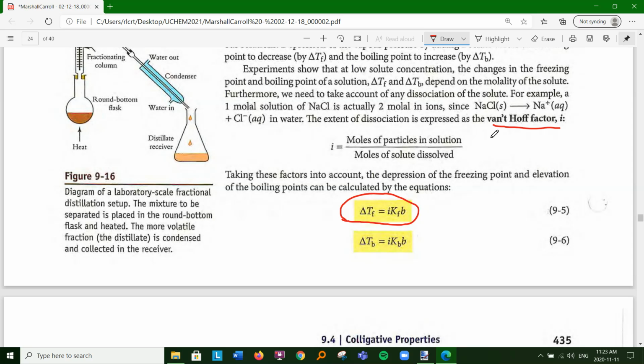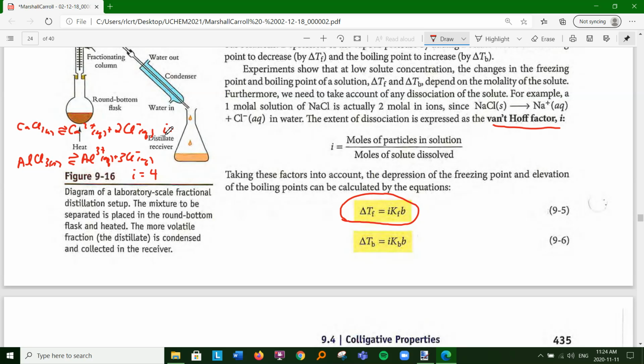There's variations we can talk about later, but we see here sodium chloride solid, equation of solubility, we did that in grade 12. You get Na+ aqueous plus Cl- aqueous, so you get 2. So you say your Van't Hoff factor is 2. If I did something like aluminum chloride, AlCl3 solid, goes to Al3+ aqueous plus 3 Cl- aqueous, the Van't Hoff factor is 4. We've got 1 cation and 3 anions. If I have a calcium chloride solid, goes to Ca2+ aqueous plus 2 Cl- aqueous, the Van't Hoff